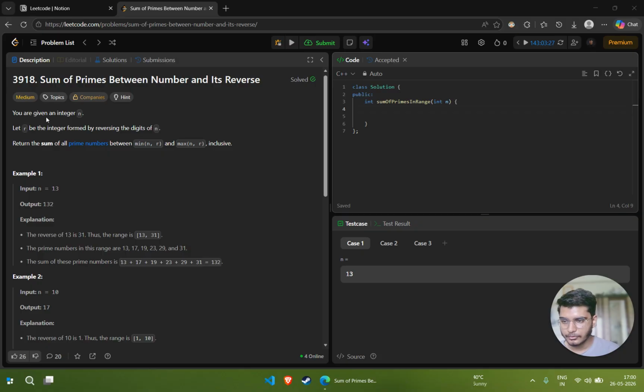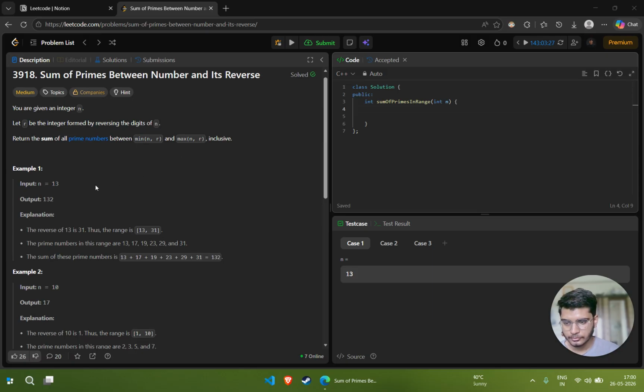Here we are given an integer n, and r is the integer formed by reversing the digits of n. Return the sum of all prime numbers between minimum of n, r and maximum of n, r inclusive. What we need to do is, first of all, we are given an integer, which is 13. Our task is to first reverse this integer, so 13's reverse is